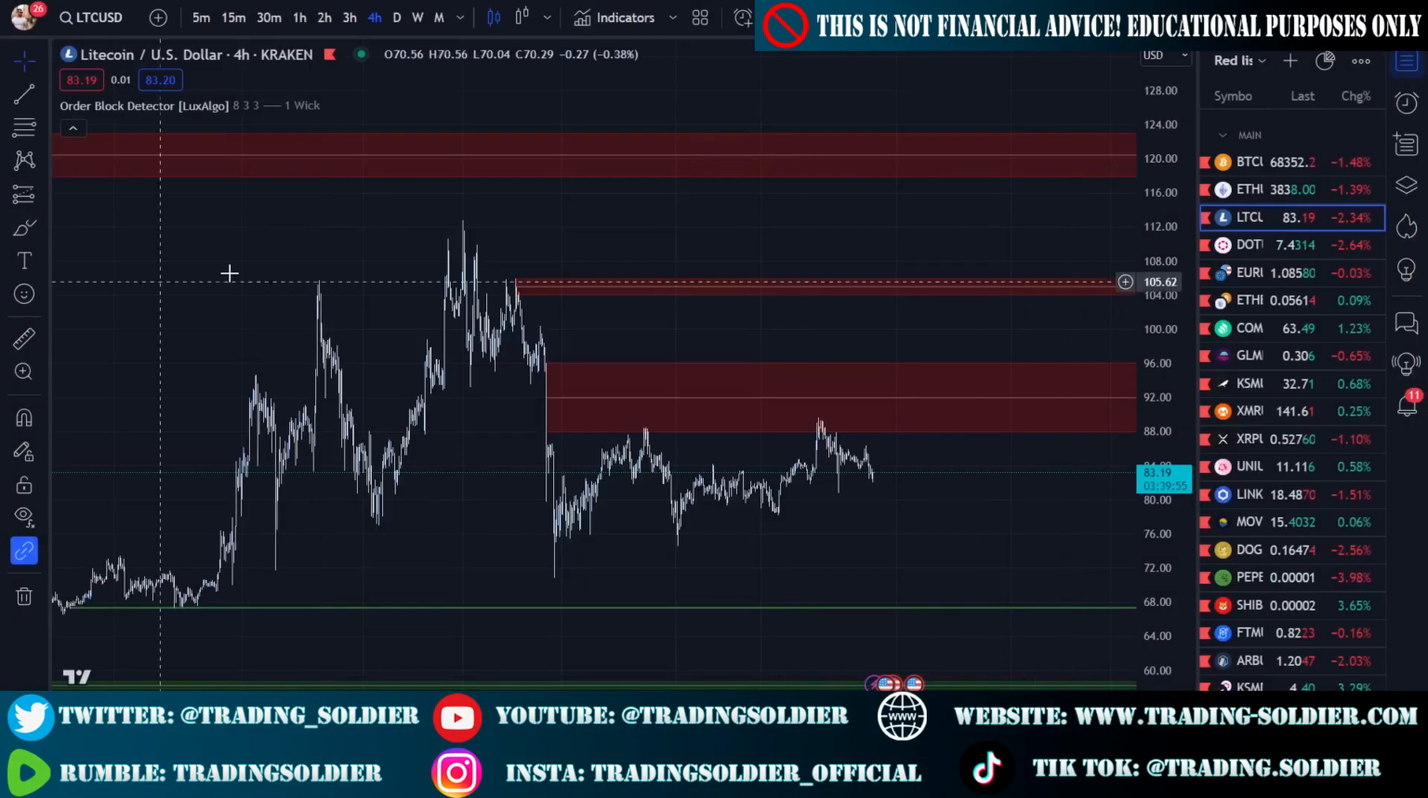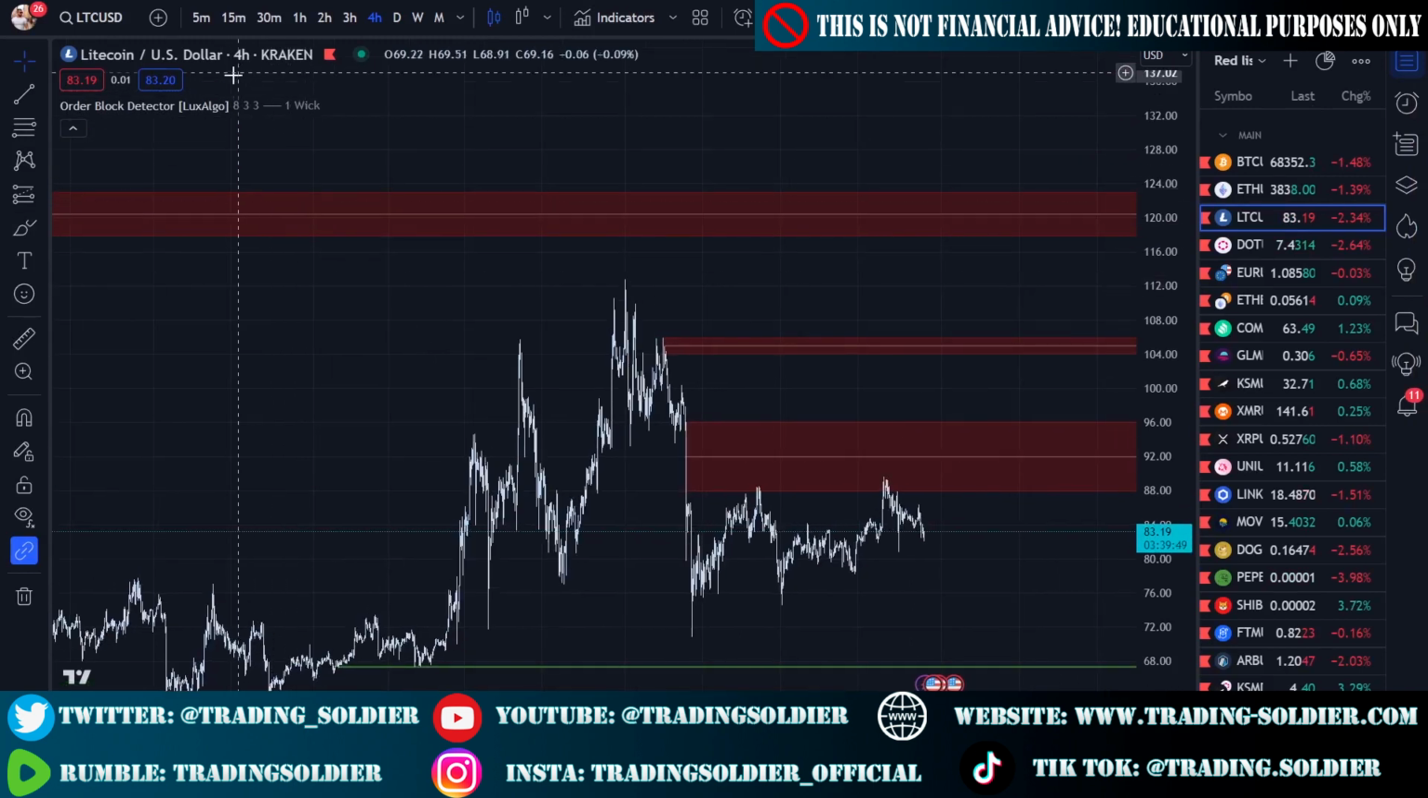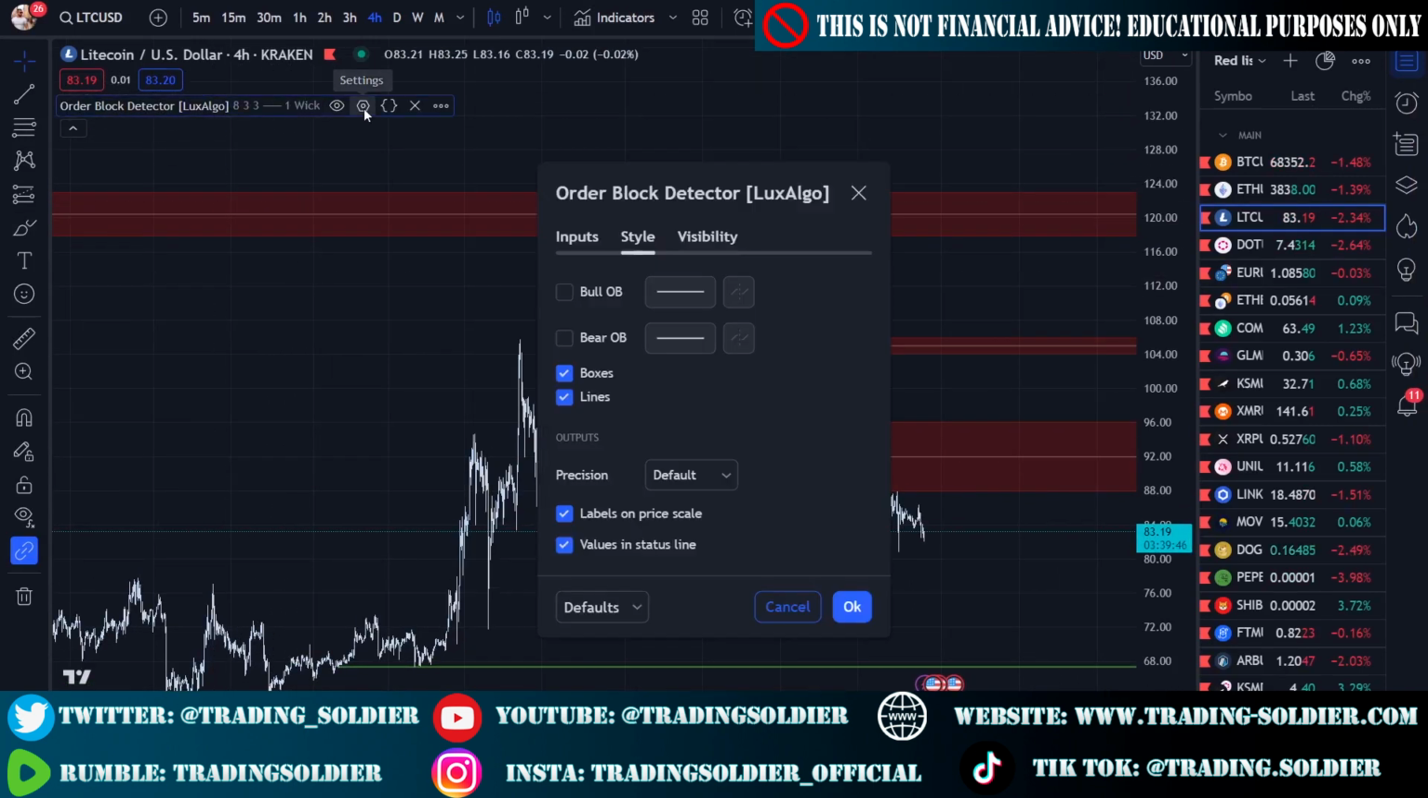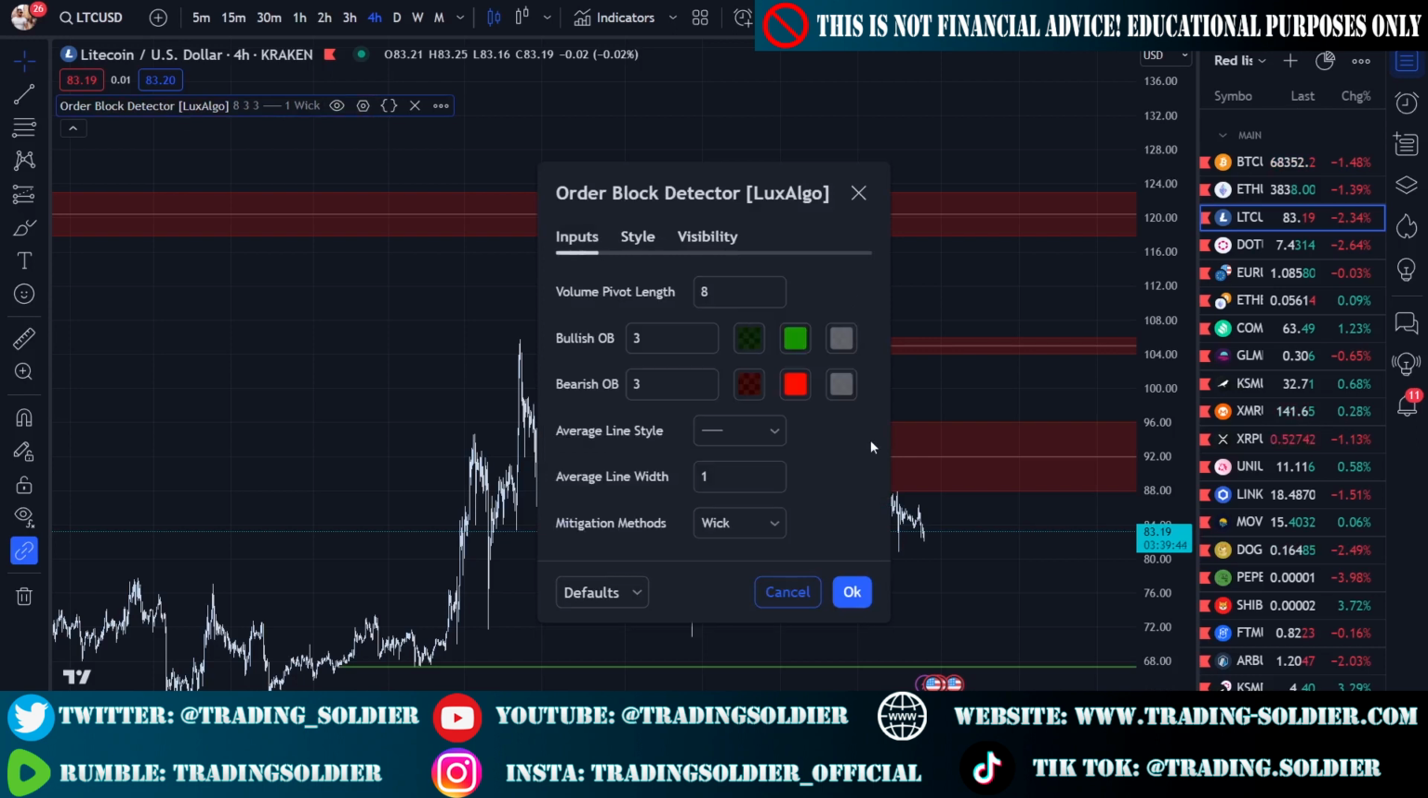So now we have added the indicator to our chart, and you have to go here into the settings of the indicator. Basically, the settings of this indicator are very simple. You just need to change the pivot length, the bullish order block or the bearish order block, and these settings are the ones that come by default, so I leave them as default. By default, the volume pivot length comes in at 4, but I change it to 8